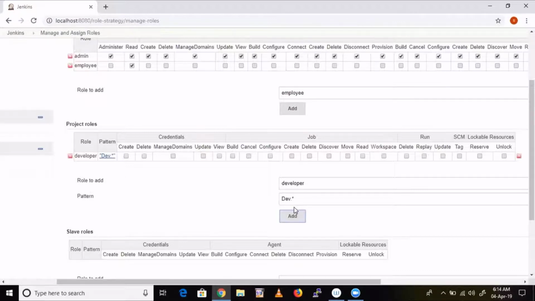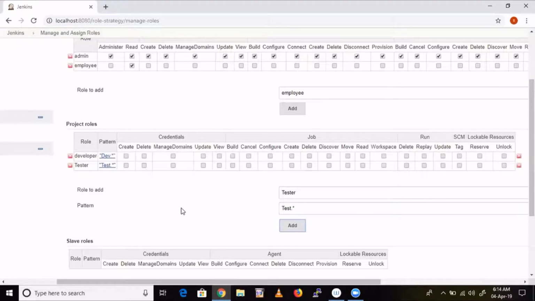And I'll add one more role: tester, with test.*. Add. So I have added two project roles. Now I'm going to give full permissions. For developers, I'm going to attach the developer role. For testers, I'm going to attach the tester role. I'll explain this. Let me finish this.